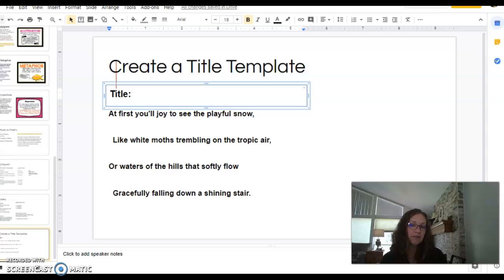So your assignment this week is going to be creating a title for poetry that's already written. Instead of writing poetry like I've been having you do for the last few weeks, I'm going to have you read someone else's poetry and then create a title. Attached to your lesson on Canvas is going to be a Google Sheet that looks like this. And it's going to be entitled Create a Title Template.